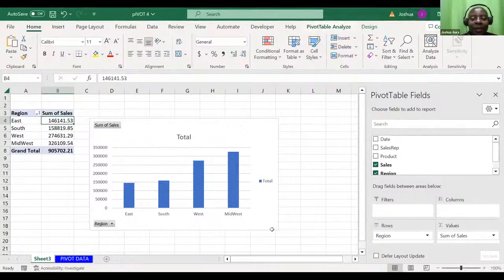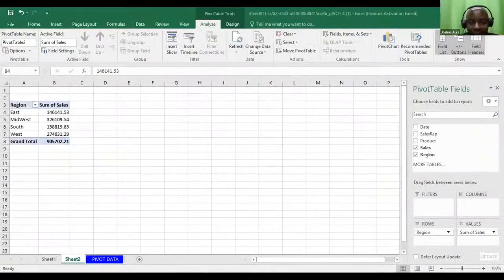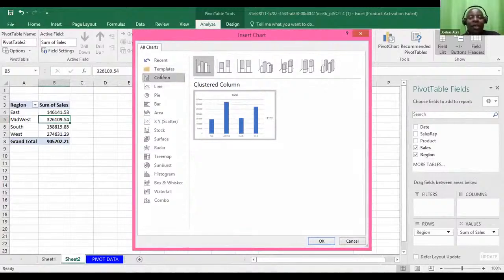Let's go slowly, slowly. Share your screen so we can see. You see, now it doesn't have pivot analyze, but it has the pivot chart automatically. On the right end, you'll be able to see the pivot chart. On the right, on top. Find your pivot. Yes. Great. Say okay.